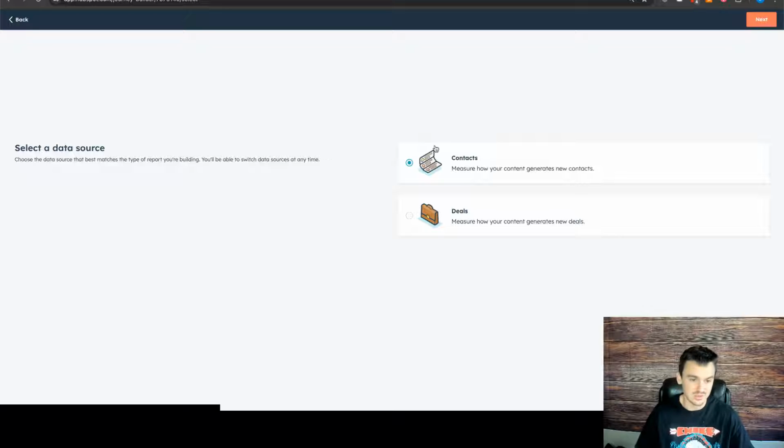When you go to this next page, you'll have contacts and you'll have deals. If you want to think of the customer journey from the contact perspective, meaning you want to see how individuals are flowing through the customer journey itself, then you would select contacts there. If you're looking to have more of an aggregated view of how a deal is traveling through the journey, meaning that maybe you have multiple contacts involved and you don't want to overweight certain paths, then you could use deals,